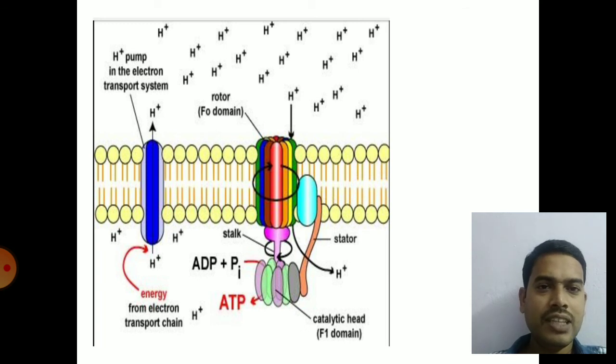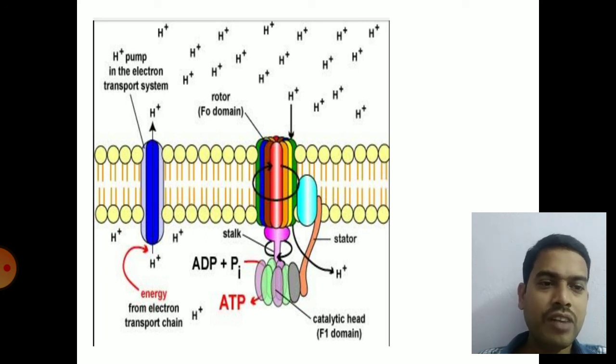So the next one is chemiosmotic theory. During the transport of these electrons, H plus ions will enter into the intermembrane space of mitochondria, and immediately there will be acidic conditions created in the intermembrane space. These H plus ions from the intermembrane space will flow back into the mitochondrial matrix, where the ATP synthase complex 5 will couple the ADP plus inorganic phosphate to form ATP. So during transport of H plus ions from the intermembrane space to the mitochondrial matrix, ADP is coupled to Pi to form ATP. This is called oxidative phosphorylation.